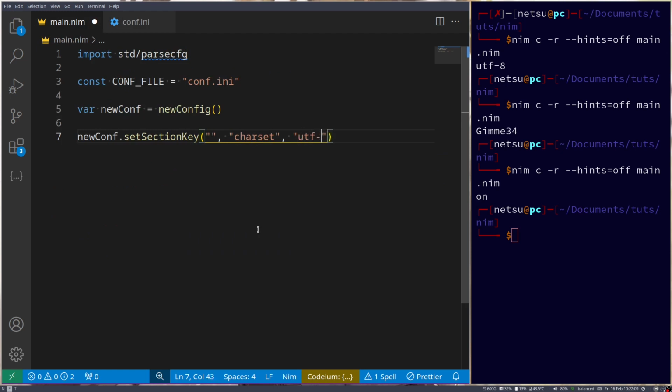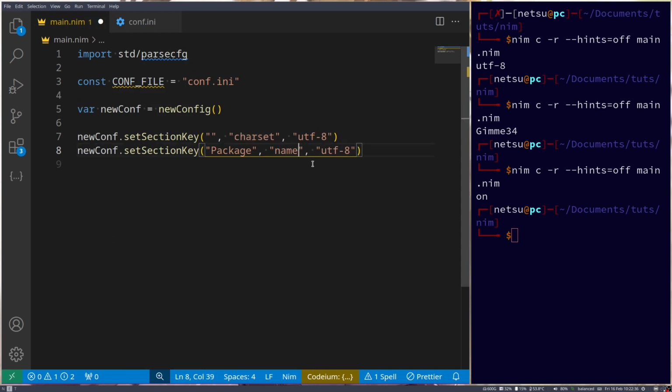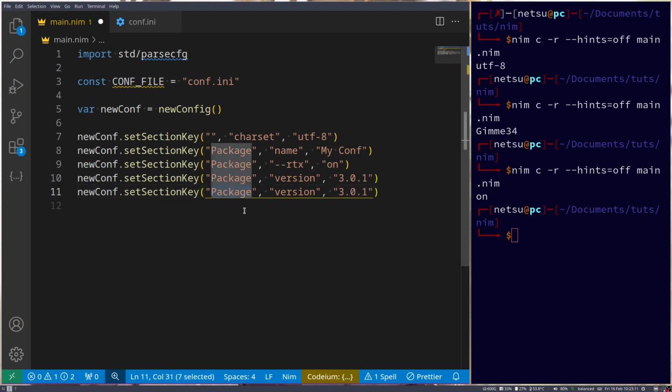So let's go UTF-8. Then here, let's create one with the tag of package. So again, here that's a tag. We say name is myConf. And let's create two more here: --rtx on, and version 3.10.1. And let's create one more that's under the tag of author with the name Steve's teacher. Now we can just echo out